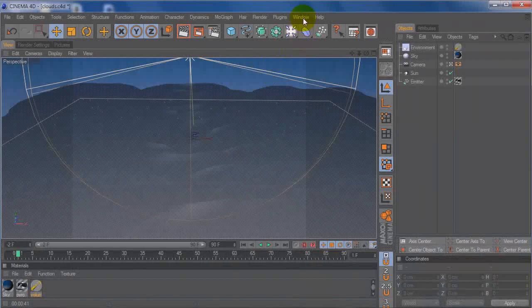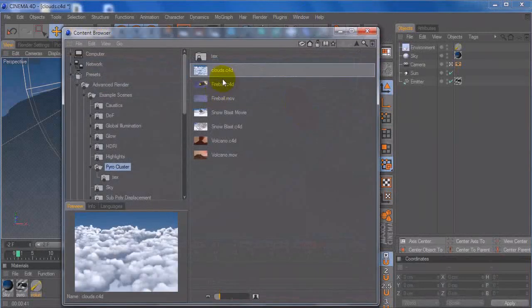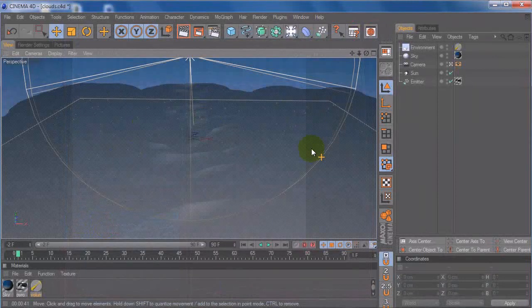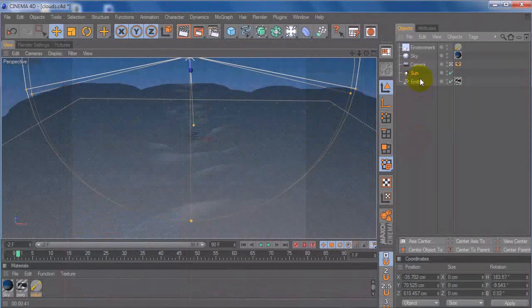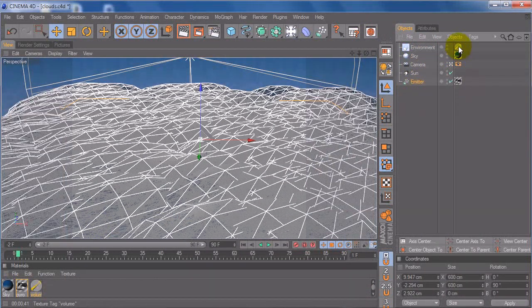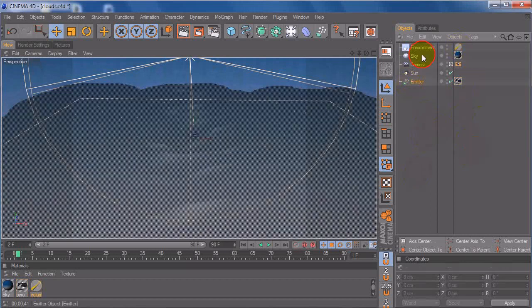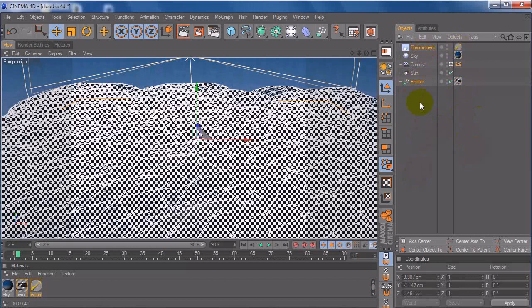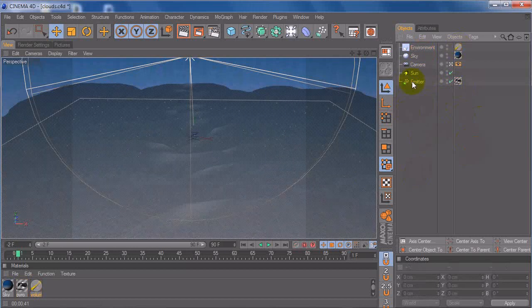Alright, so we've got our scene. I opened up the preset for clouds inside the Power Cluster folder inside the Advanced Render Example Scenes. And it's a pretty simple scene. We've got a sun, a sky object with a material applied to it, our environment and emitter with our volume tracer and Power Cluster material. These two are actually all we need to get started with the Power Cluster scene, but